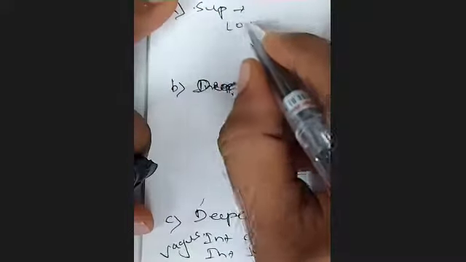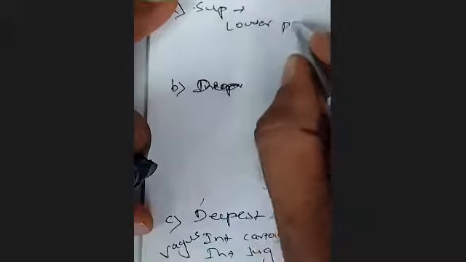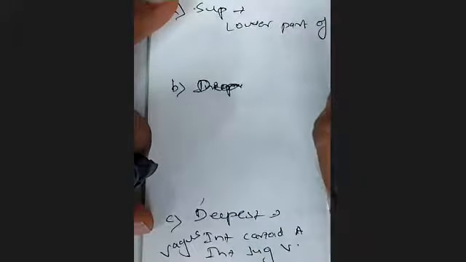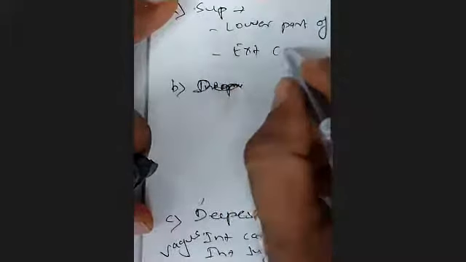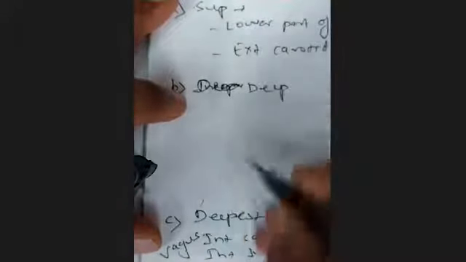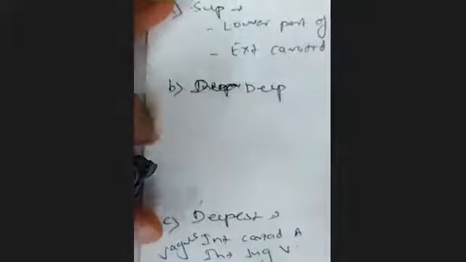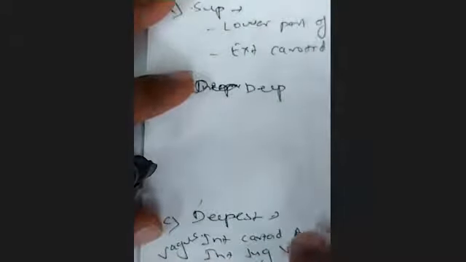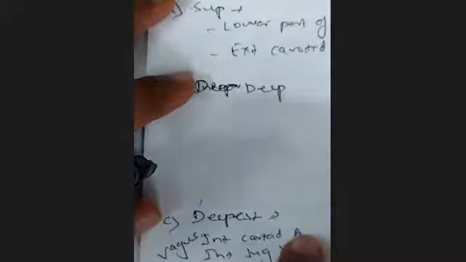In the superficial part, we have already said the lower part of the parotid gland, and we said the external carotid artery enters into it. So what lies in the deep part, between the superficial and the deepest? If this is the external carotid and here is the internal carotid in the deepest part, in between will be